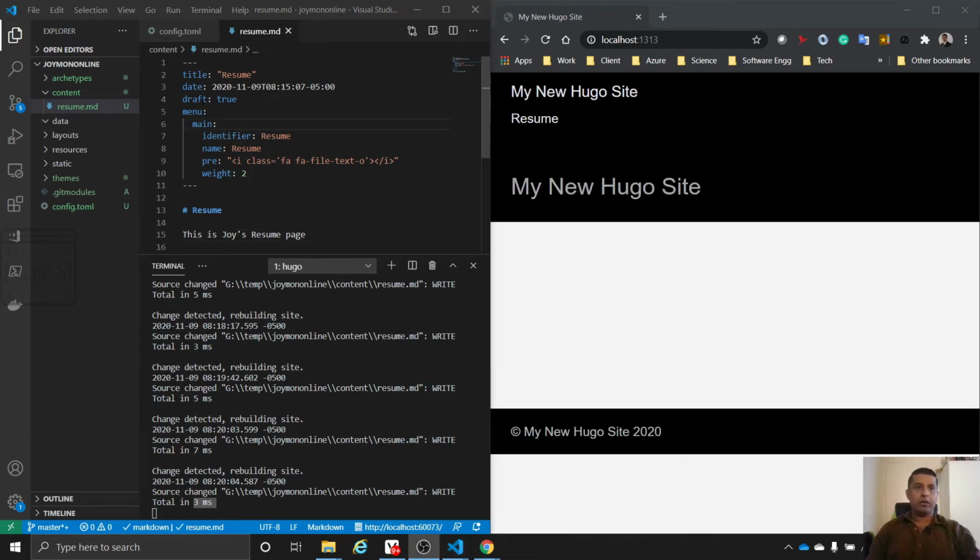One thing to note here is the draft attribute. So draft equal to true is useful when we are doing a blog post. Make sure that draft is false always, so that the page will be included within all the builds.